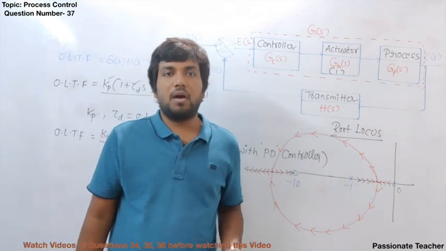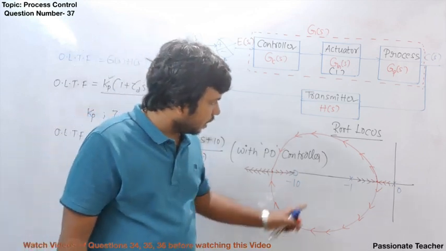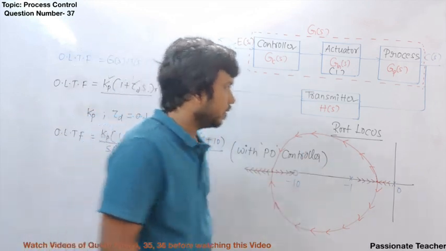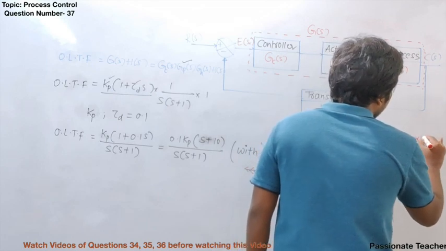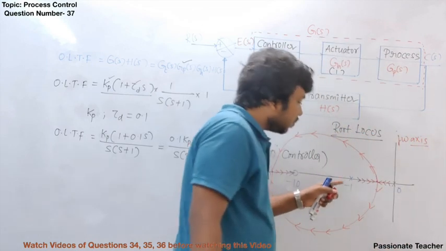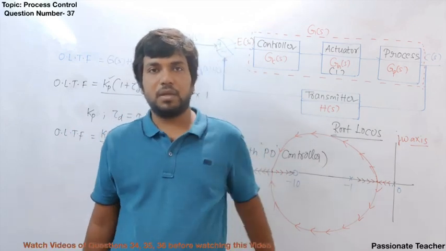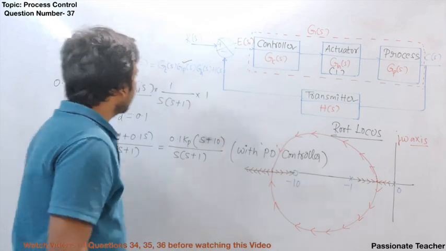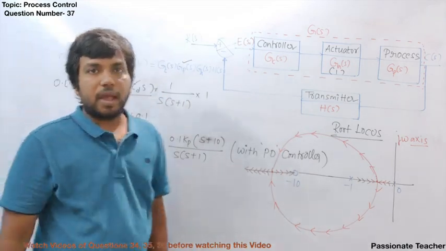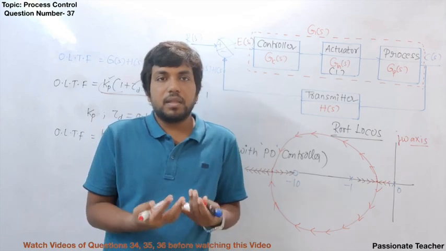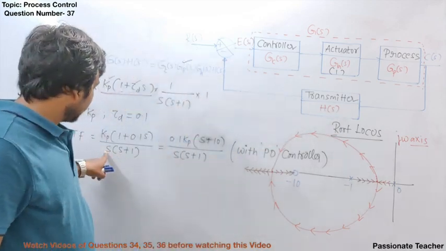So the great achievement here is that, irrespective of the value of Kp or the controller gain, the root locus is always on the left side of the j omega axis. So what does it mean? What is the significance of this? This means that the closed loop system is stable. Clear? So that means the PD controller is actually providing damping, such that it can improve the stability of higher order systems, because this is a second order system.